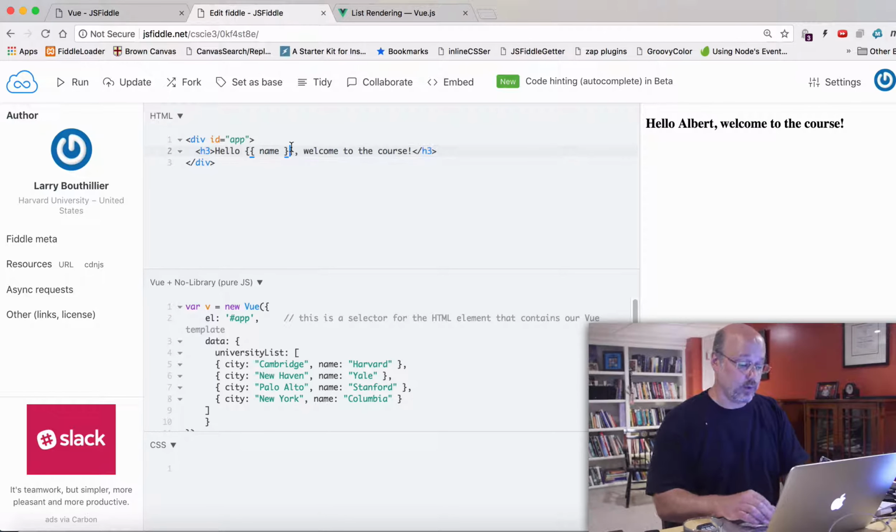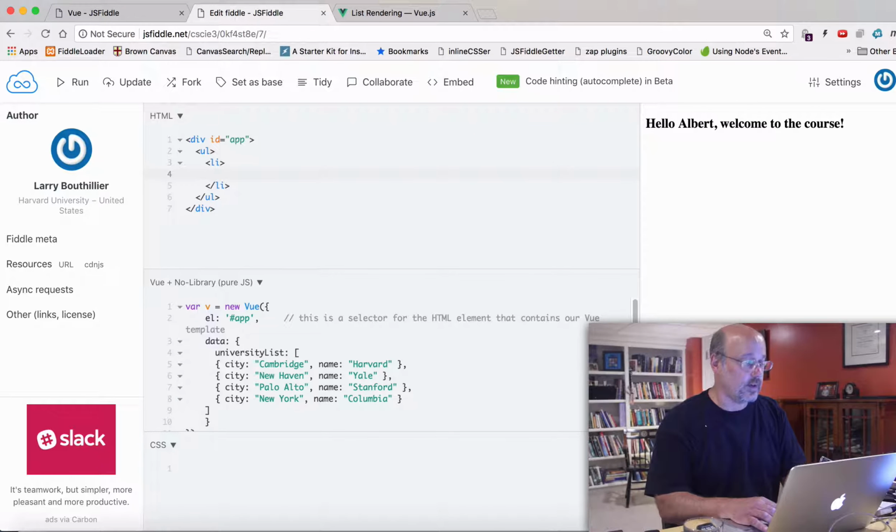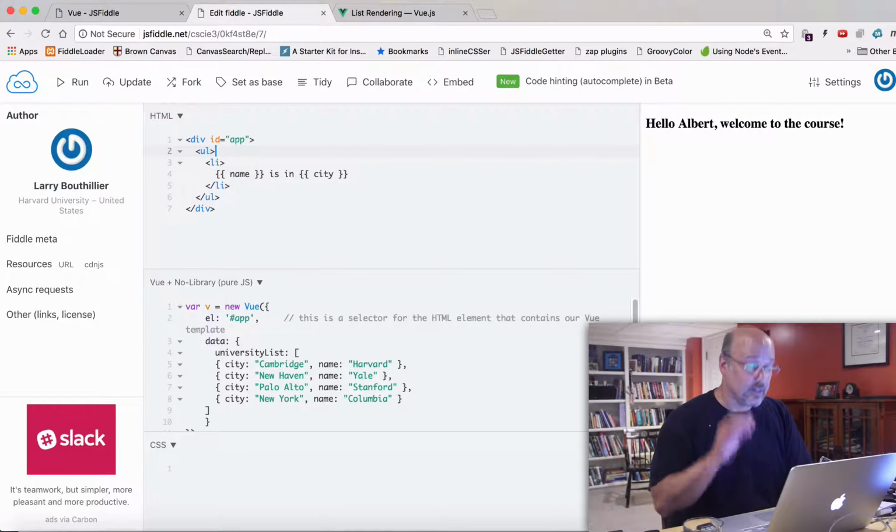So what I'm going to do, of course, is, when one creates a list, often one creates an unordered list element in the HTML. And inside my unordered list, I'm going to put a bunch of list items, right? And here is where I'm going to have, let's say, name is in city, right? This is incomplete, but it gives you an idea of what the output is going to be for